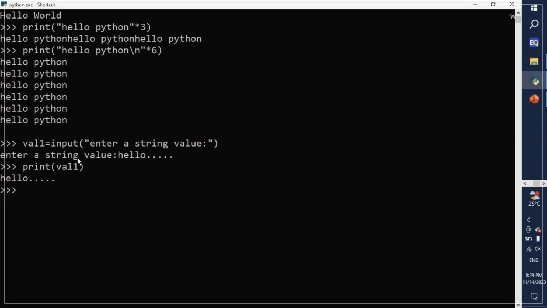If I need to put an integer value, how could I do that? Let's see. Value 2, this time it is 2. I will put it as an integer. So simply type input, then bracket, then sorry, I have to make it int. Int is the short form for integer. Then type input, then brackets, double quotes, then enter